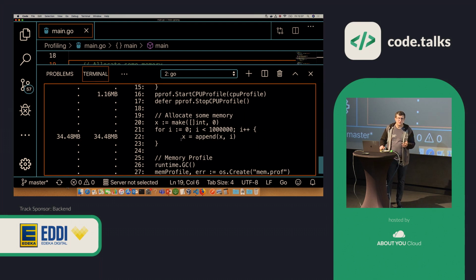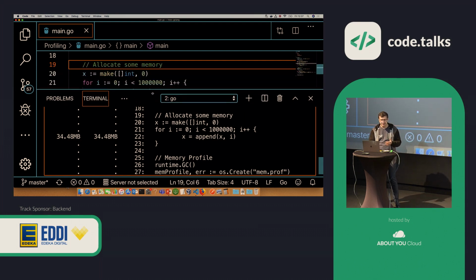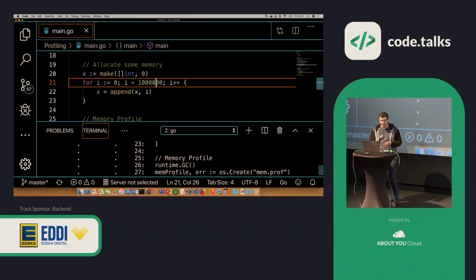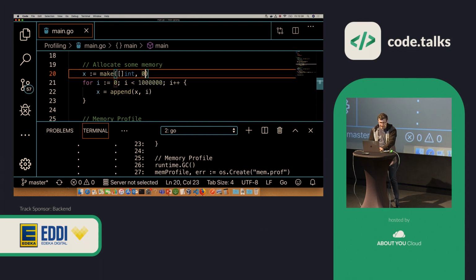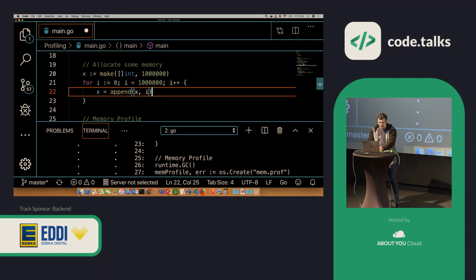Noticing this, I also noticed that, oh wait, I'm using a slice. I know what its max capacity will be, but I keep appending to it. This is not a best practice. I could change the code. My slice starts from the start with the maximum capacity. I stop appending to it. I do something like